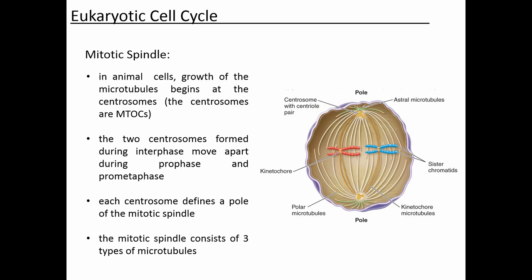And there's actually different types of microtubules within the mitotic spindle. So one type is called astral microtubules. In the picture, it's hard to see it on the screen here, but the astral microtubules are the ones that are in green. And the astral microtubules, it's important that you know the function of each of them. The astral microtubules play a role in correctly positioning the mitotic spindle within the cell.